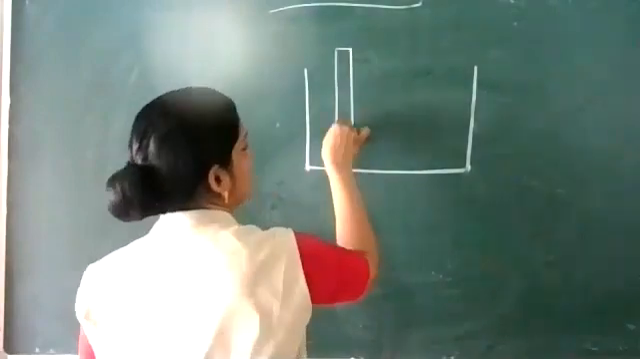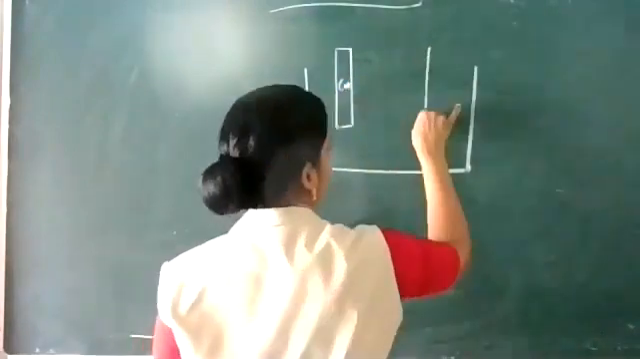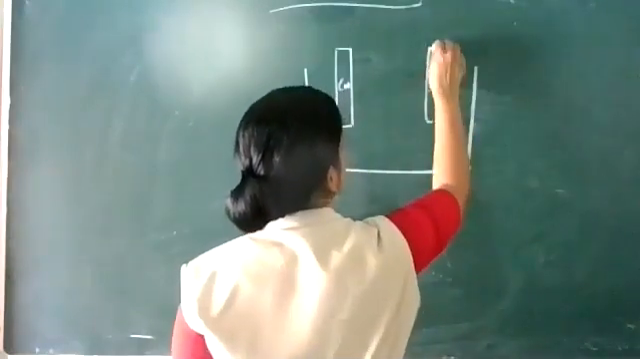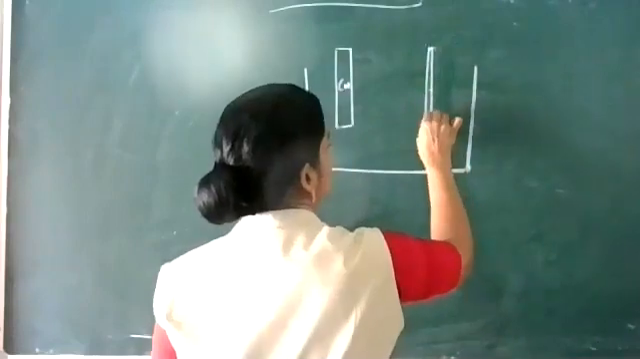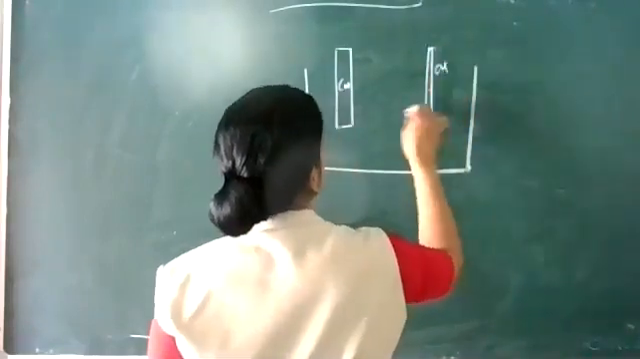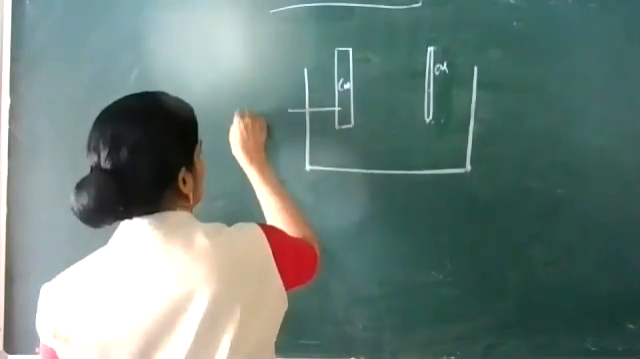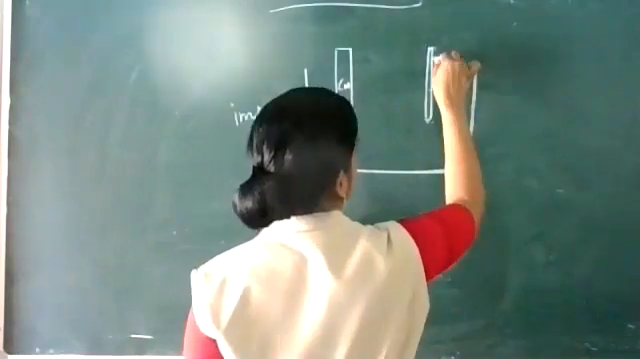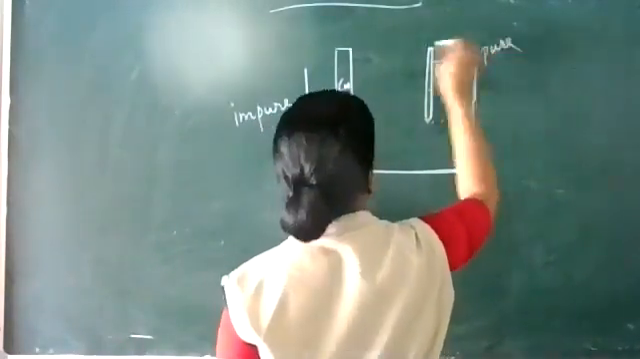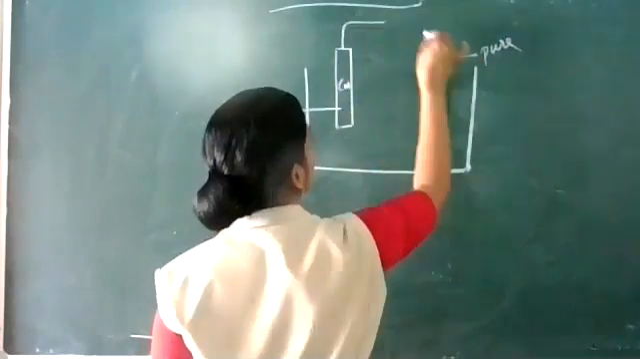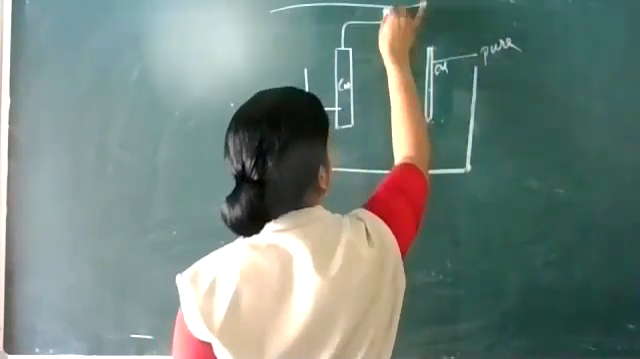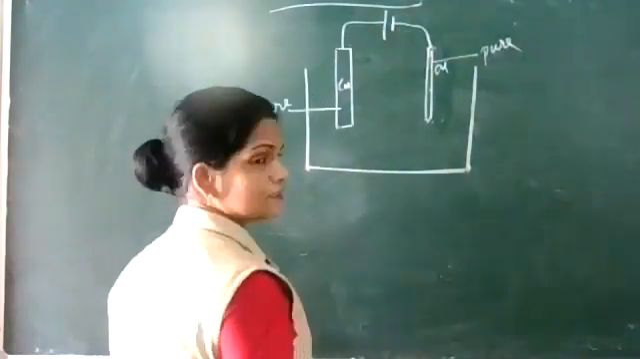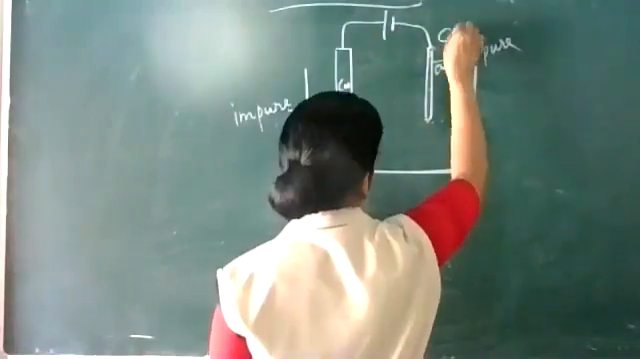Suppose I have taken one copper electrode, and here again a copper electrode. A thin strip of copper, a thin strip of copper. This one is impure, and this thin strip is pure. Negative electrode. In electrolysis, negative electrode is